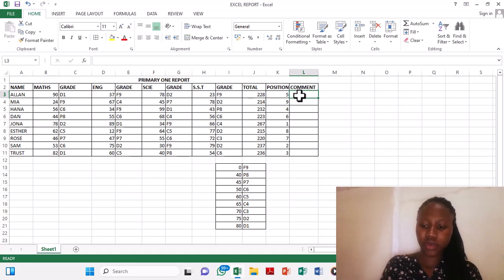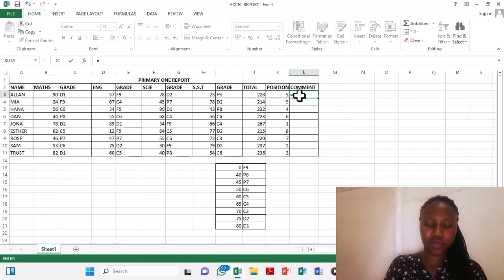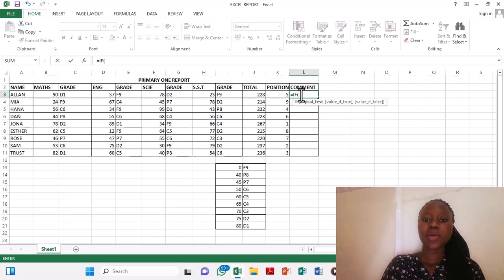So we type equals if, this is our function, as you can see, but then we're going to comment basing on the position. So I'll say, for example, the first 3 will be very good, the next 3 good, and like that. So our logical test is this one,